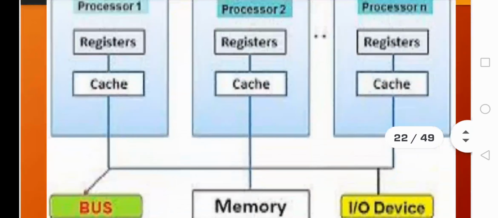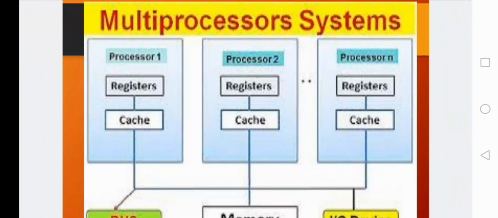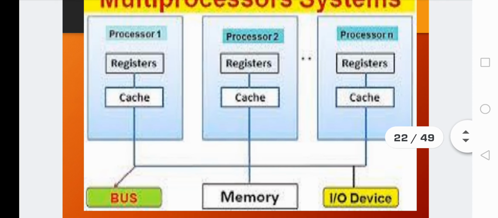So this is a pictorial representation of a multiprocessor system. As the figure shows, there is more than one processor, and the processors have their own subunits within them. They are connected with the help of a bus. You know what a bus is? A bus is a communication channel. It has the same meaning as the physical interpretation. In day-to-day life, what is a bus? It is simply a vehicle which is useful for us to travel from one place to another. Likewise here, the bus is a communication channel which helps us to transfer something.